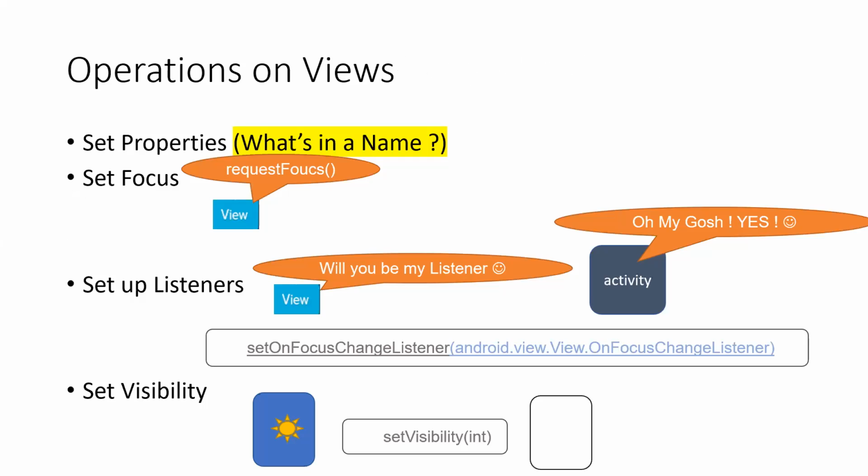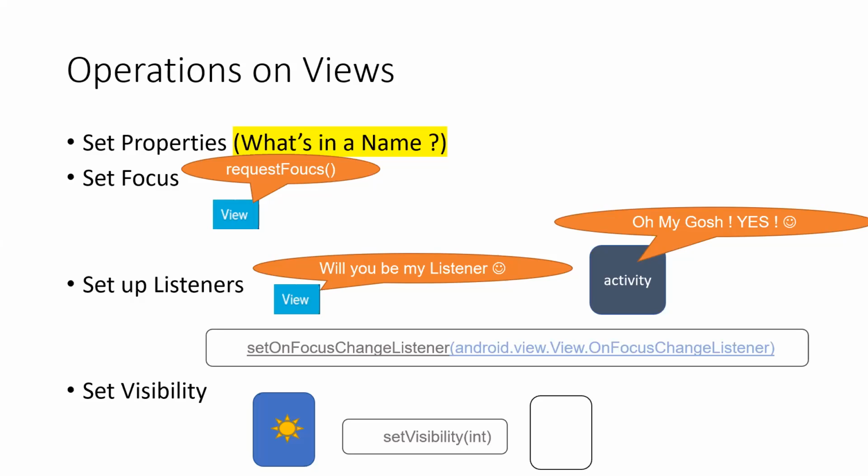Okay. So once you know what the views are, and what the various classes are that are responsible for generating those views, then you can think of certain operations that you can perform on the views. For example, you can set properties of the view. Let's say you can set the name of a view, the caption on a view, the visibility on a view. You can also set a focus. Let's say the user is interacting on that interface. Either you can focus from a keypad, or you can also focus by touch. Whatever be the case, whenever a view wants to get focus,